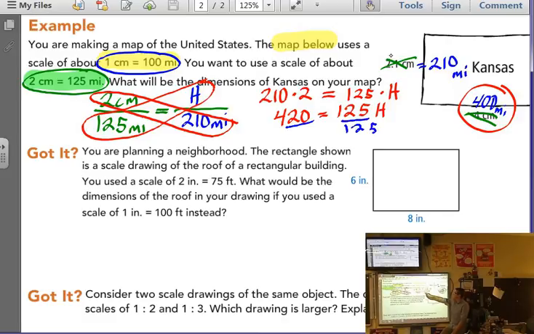That's easy. You can just do that in your head. Really? You can do 420 divided by 125 in your head? What's the answer? Because this is easy. Comes out to be 1. Jeremiah, do it. Look, I'm not telling you to do it in your head. I know that's difficult. My height comes out to be